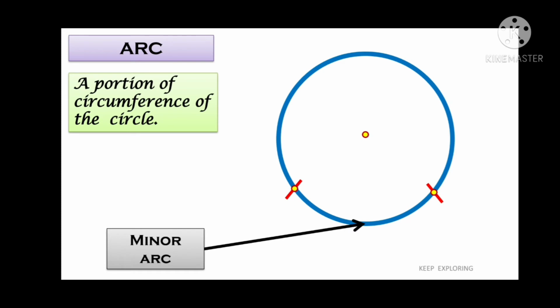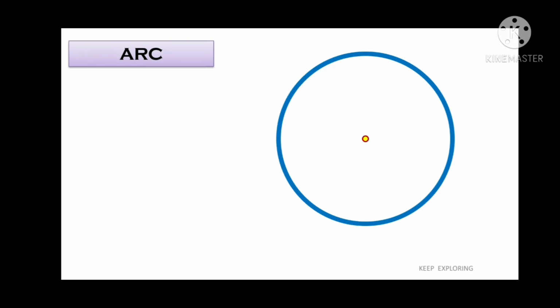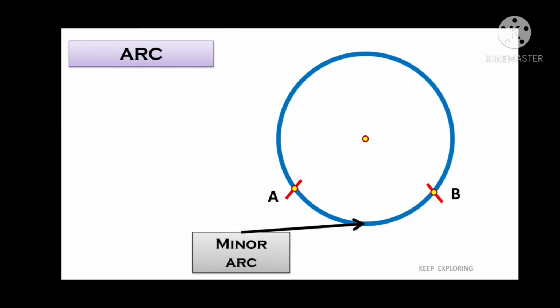Here, as you can see, this is the smaller one, so it is called the minor arc, and the larger one is called the major arc. So we have two arcs now, minor arc and major arc. Now let's see how to name an arc. Here there are 2 points, which we have named A and B. So the minor arc will be called minor arc AB. It can be written as minor arc AB or only arc AB.